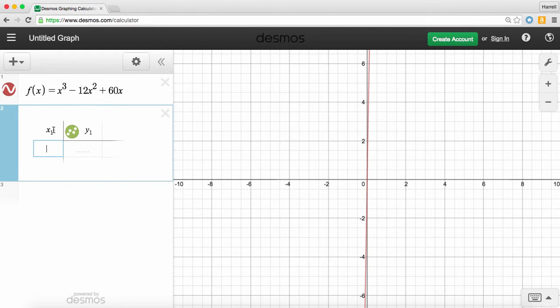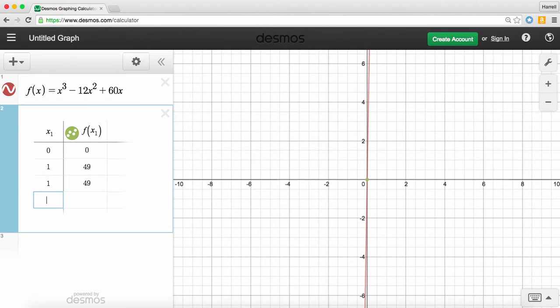The first column in our table is our x values. They're called x1 values here. And the right column, we're going to call that f of x1. And then Desmos will actually calculate the values for us. I want to start the table at 0, and then we'll just go up by ones. Alright, so now I know the values,